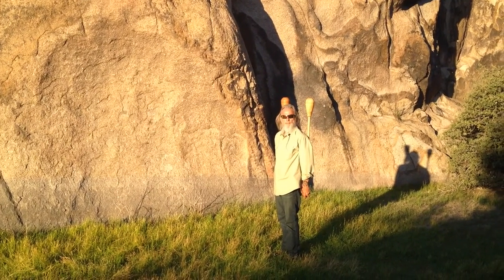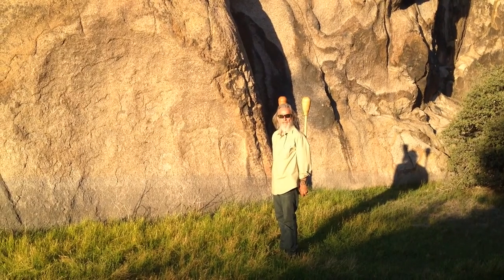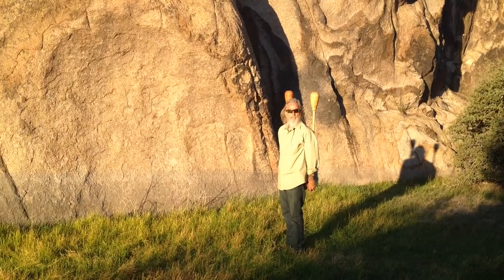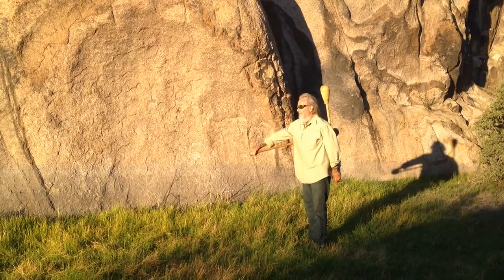Alright, so this is the first time I've ever done this. I'm going to do alternating side swipes, side circle swipes, and what I'm going to do it with is a lunging. So let's see what that looks like. So first I'm going to go,